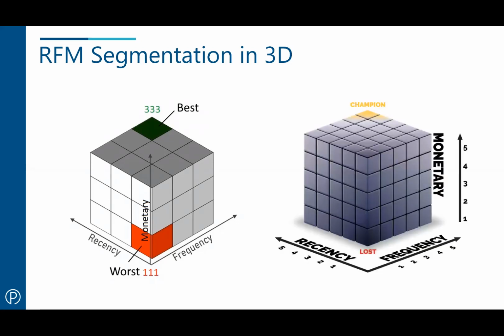When you do it in 5D, it becomes significantly more complicated. But a score of 1 to 5 in 3D is really the classic way to do this calculation and do it well. And it allows you to then build quite important profiles of customers and give those names that we'll look at in a second, where, for instance, your very best are your champion customers, and the very worst are the ones that you've probably already lost, or if you haven't lost them already, you are in the process of losing them.